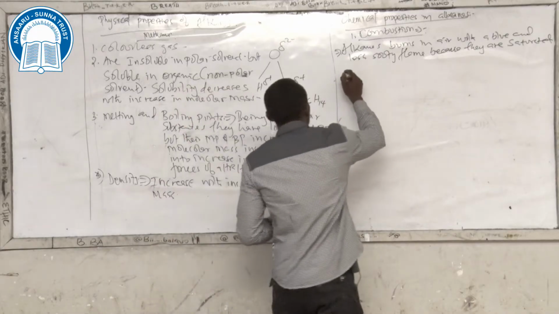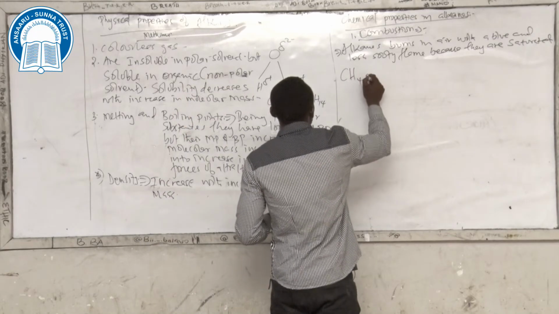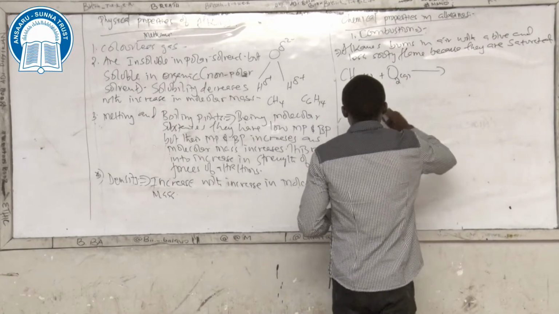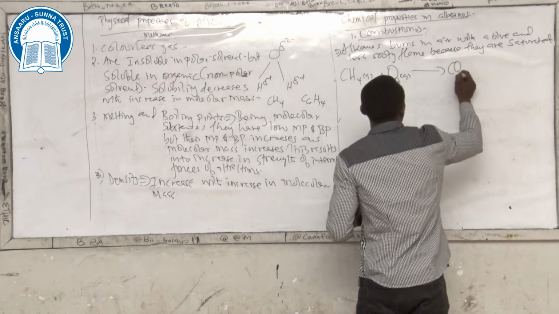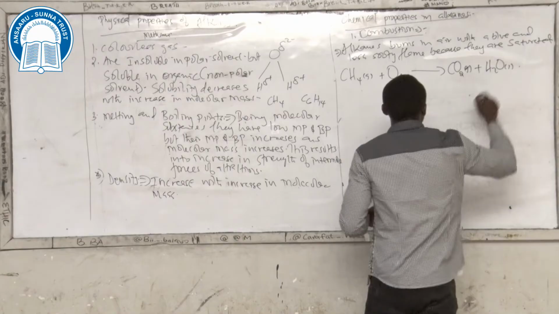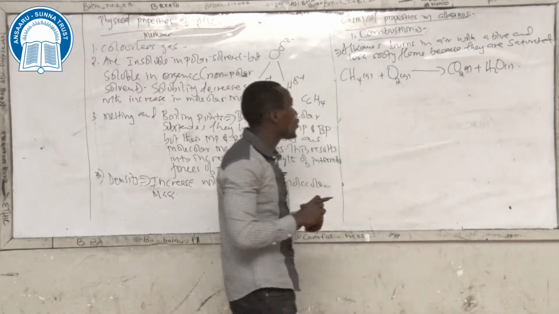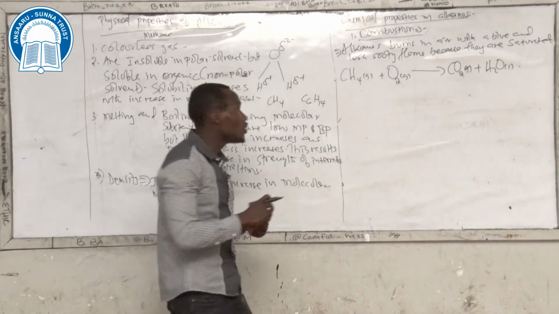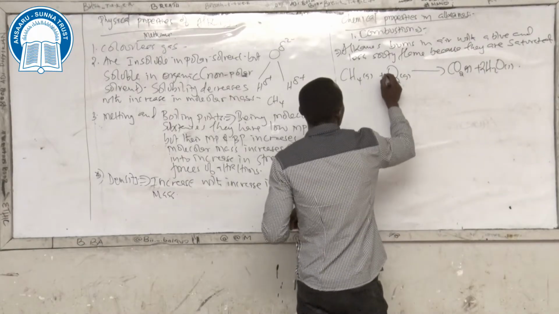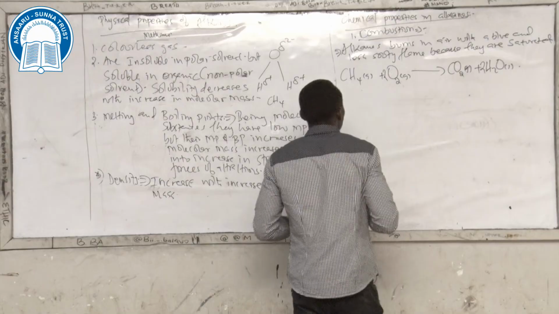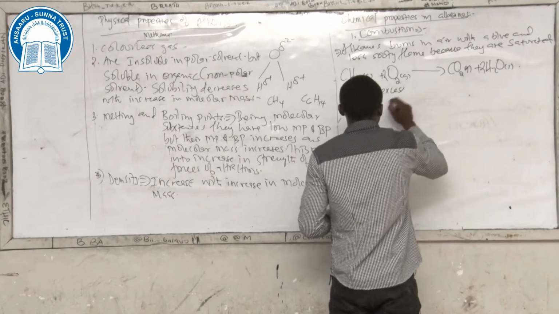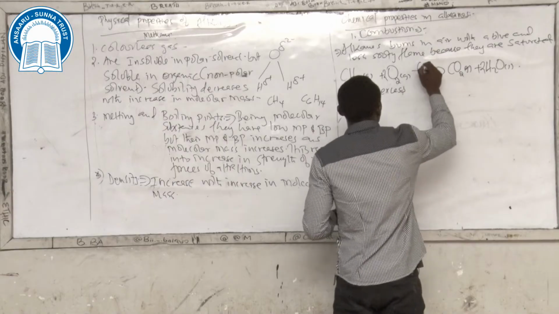So for example, if we burn methane gas plus oxygen gas, this results in the formation of carbon dioxide plus water, liquid. Anytime you write a chemical equation, that chemical equation needs to be balanced. Therefore, we put here 2 and here we put 2. So that gives us carbon dioxide. Now here we put excess. Therefore this is complete